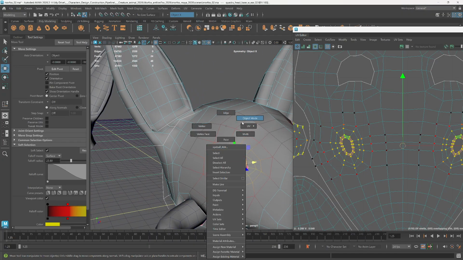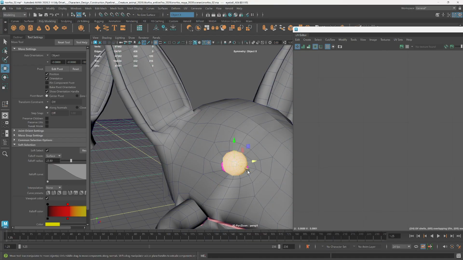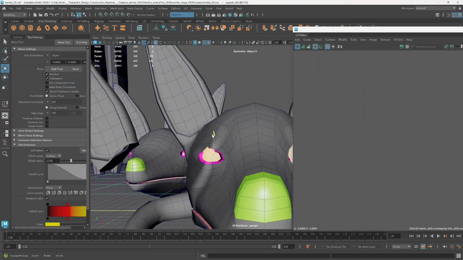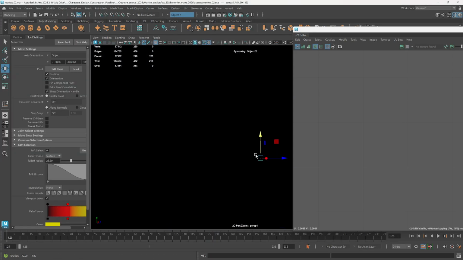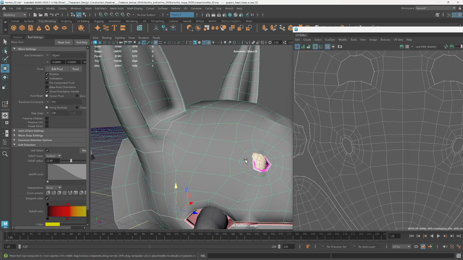But let's go to the eyeball itself. Let's go to this object, go to its faces, and let's bring it back a little bit and maybe down a little bit. There we go. So now we're getting a little bit closer, maybe not down too much. There we go. Let me go back here,